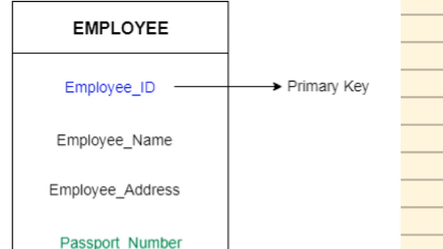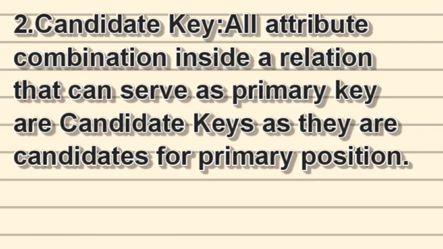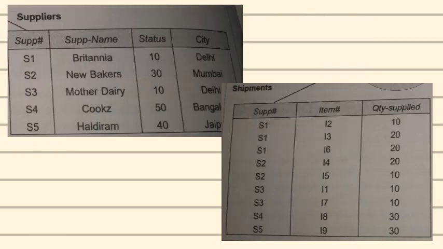So now if I want to identify this thing, what I can check over here is the employee ID. The second type of key is the candidate key. A candidate key is basically any combination of attributes inside a relation that can also act as a primary key. They are not just the primary key, but they can act as a primary key, and that is why they are called candidate keys. Here there are two candidate keys, the supplier ID and the supplier name in the supplier relation,